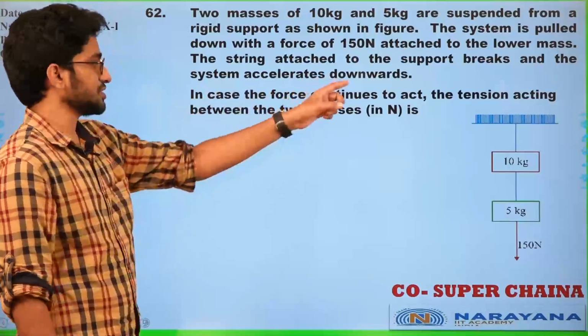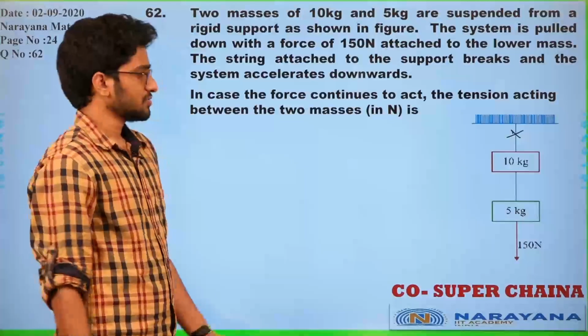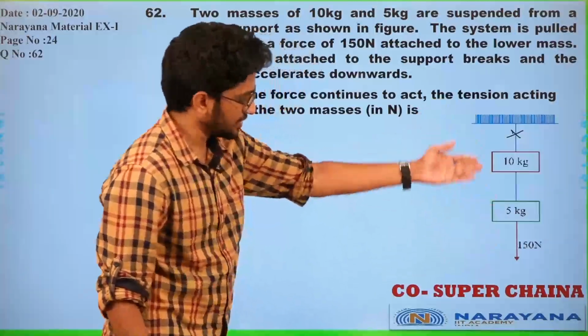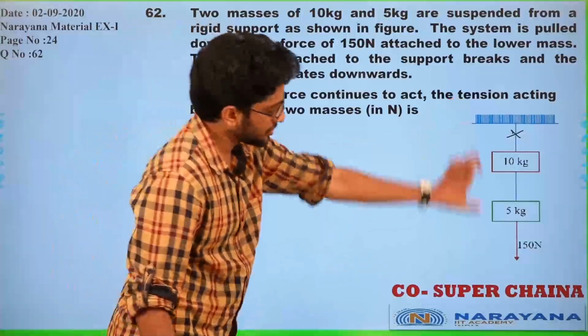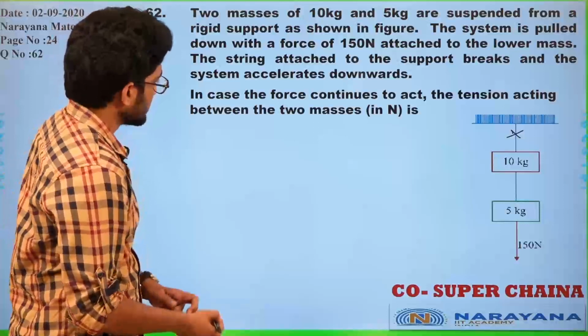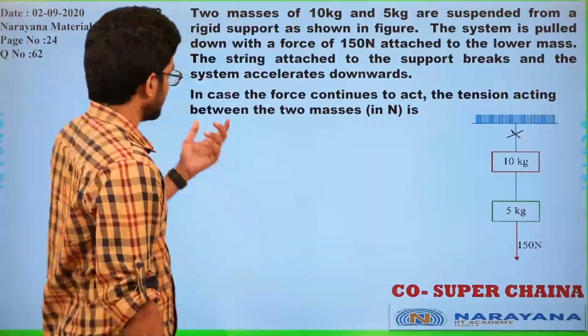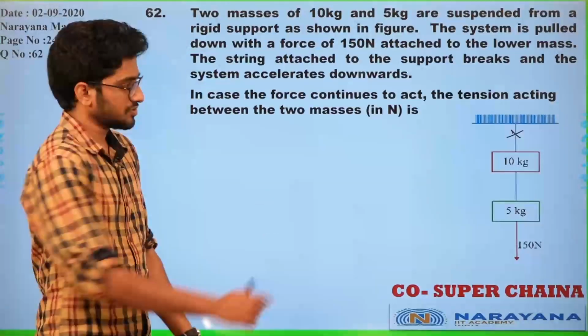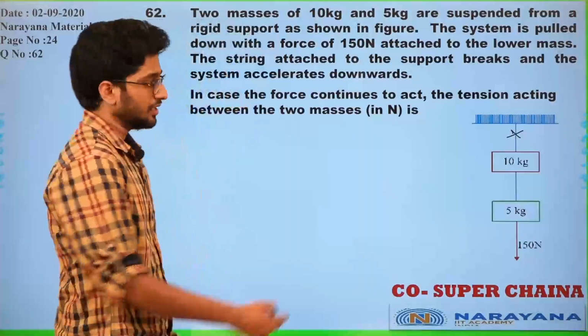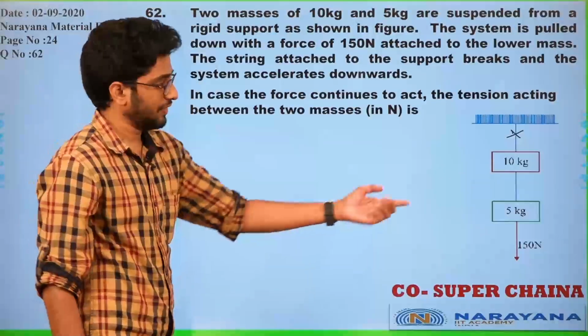The string attached to the support breaks. So this string suddenly breaks. So what happens? Because of this force and because of weight, both are acting downwards. So they start moving downwards. In case the force continues to act, so this force is still acting, the tension acting between the two masses is... So I need the tension acting between them. Once this string breaks, I know both of them will move downwards because of weight and this extra